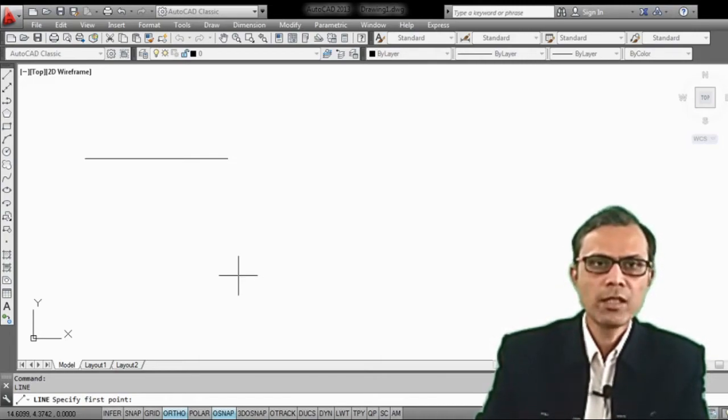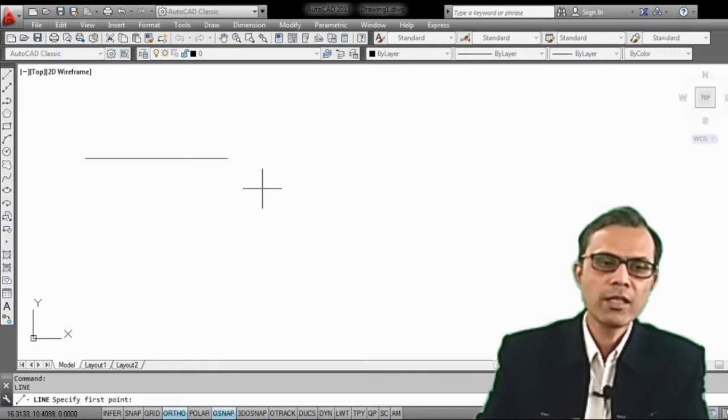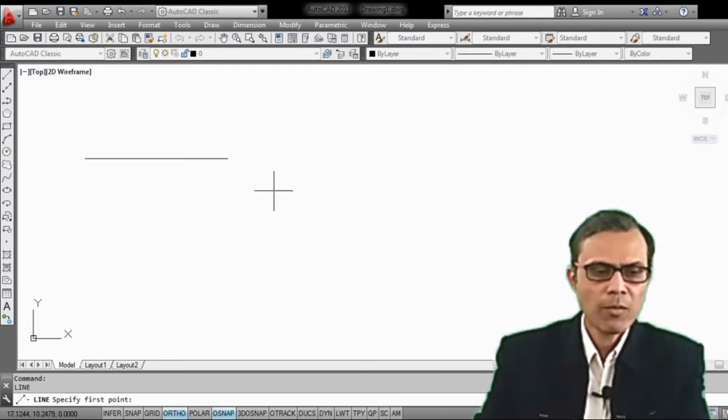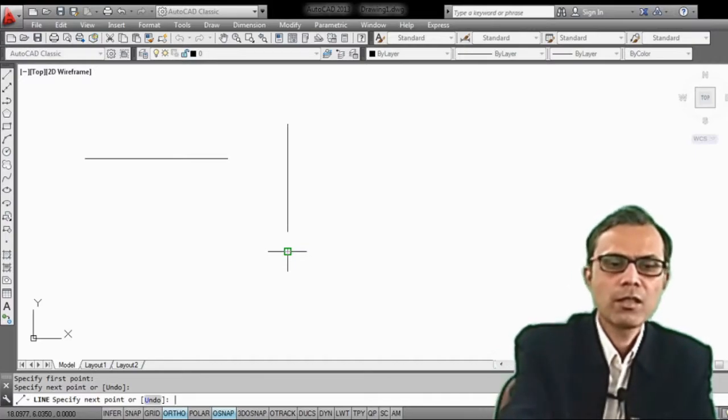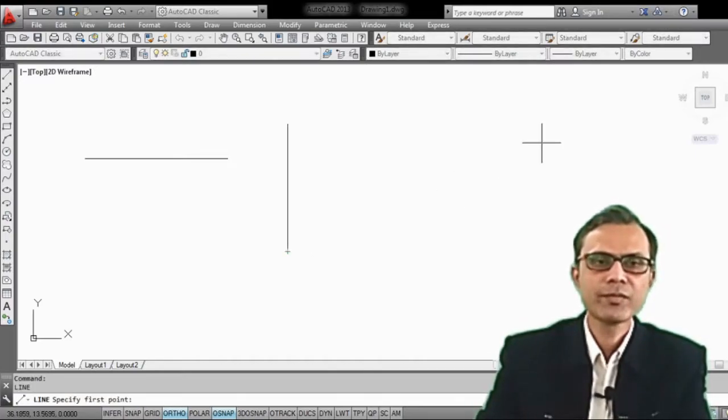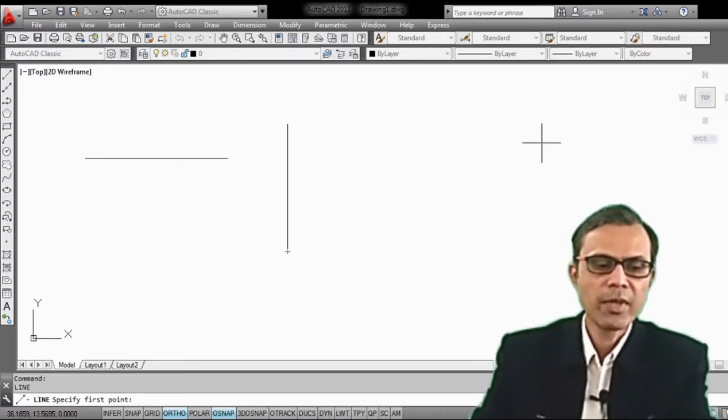So it is a line command, and we can also draw the vertical line. For horizontal and vertical line, it is necessary to keep this ortho command on. So there will be no any zigzag on this line, and perfectly horizontal or vertical lines can be drawn. Let's see how vertical line can be drawn. So again, I am operating this command, specify the first point, so it is first point, specify the next point, it is next point. So it is a vertical line. So thus horizontal or vertical line can be created using the